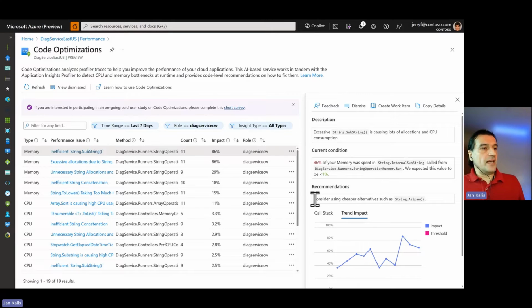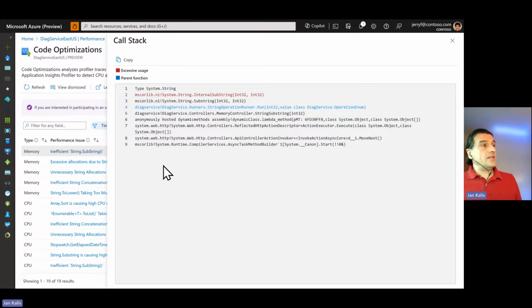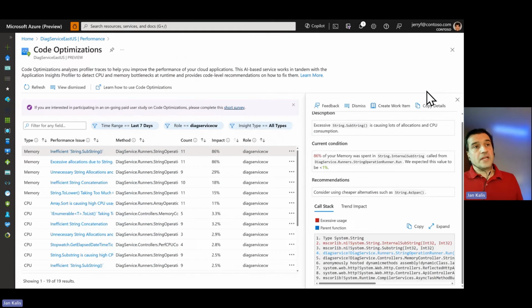We also give you a recommendation. So please use string.span instead of substring. That should be straightforward, right? We also give you a call stack, so you can very clearly see which function is the parent function calling your substring function. You can copy the call stack, you can copy the details of